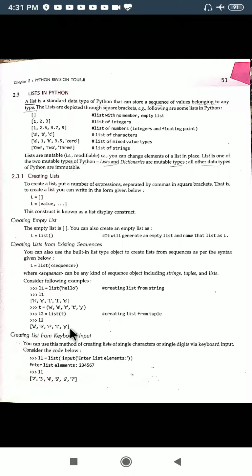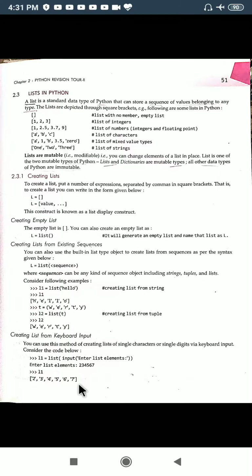Another way of taking input for a list is that we can directly use the keyboard to take the input. In this way, L1 is a variable which is going to store the value of the list that will be taken with the help of the input function by means of the keyboard through the user. The user has entered this, and you know how the string will be stored inside the list. Each element will be stored separately, separated by a comma.